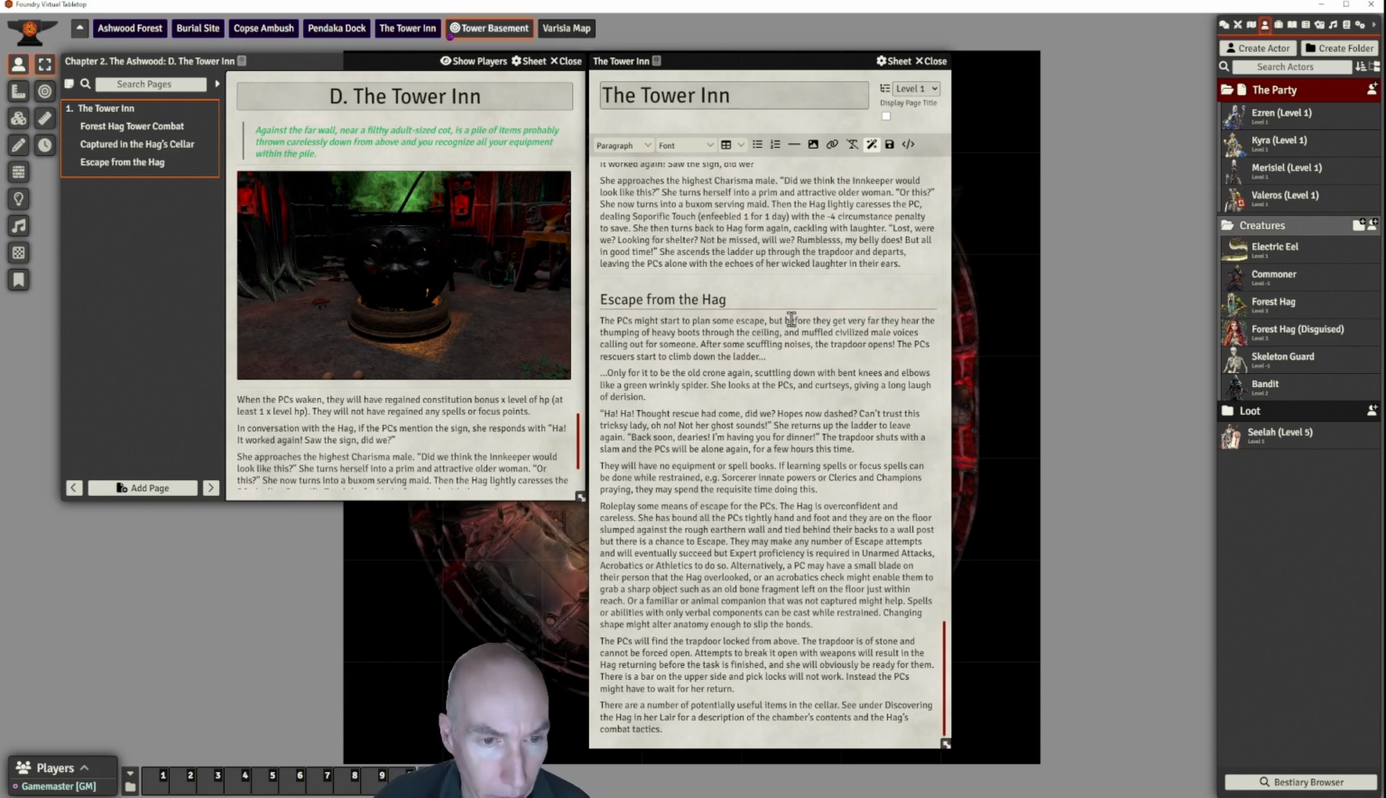So next we describe the PCs might start to plan some escape, but before they get very far, they hear the thumping of heavy boots through the ceiling and muffled civilized male voices calling out for someone. After some scuffling noises, the trapdoor opens. The PCs' rescuers start to climb down the ladder,